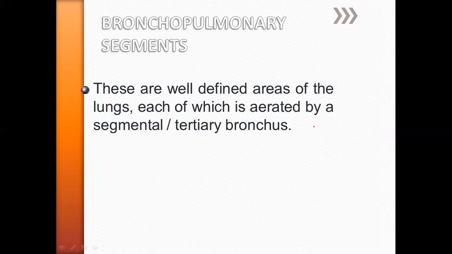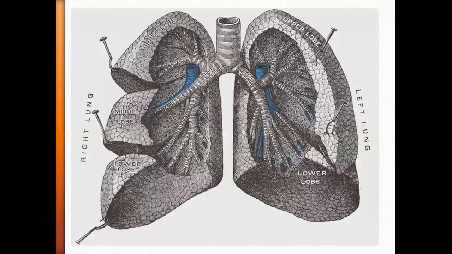This segmental bronchus is again divided into small branches, that is terminal bronchioles. Again, the terminal bronchioles will be divided into small branches, that is respiratory bronchioles. That is the end. In those respiratory bronchioles, small pouches will be there. So that is all our alveoli. Inside that alveoli, our gaseous exchange is happening. Okay, understood this? So now bronchopulmonary segments. Let's see how many are there, how we are dividing.